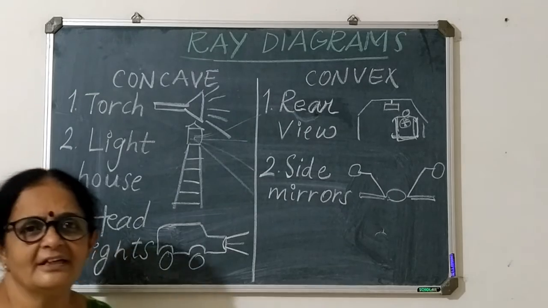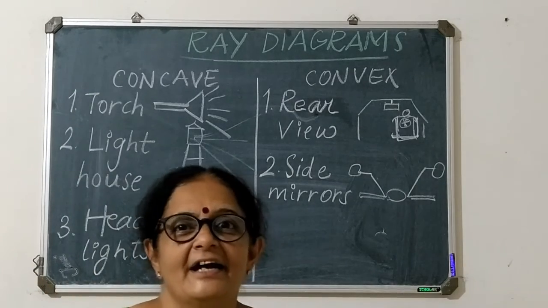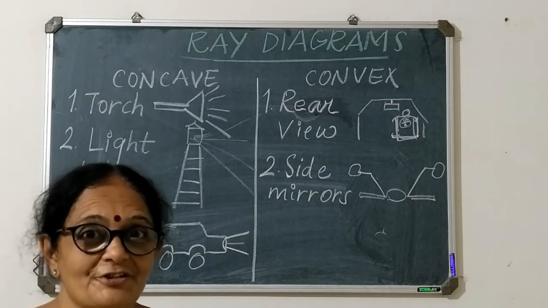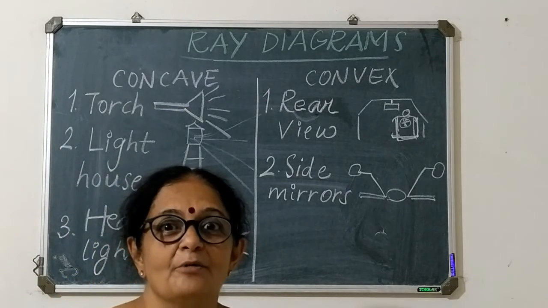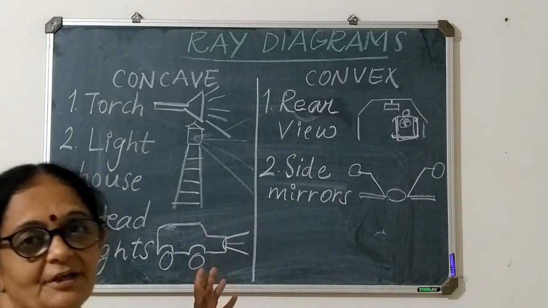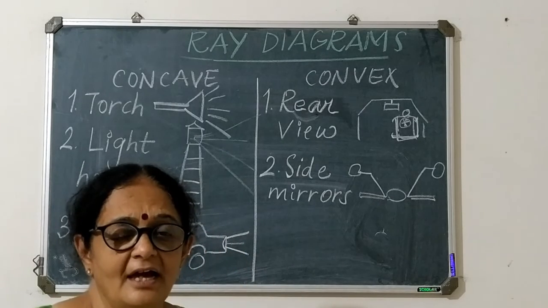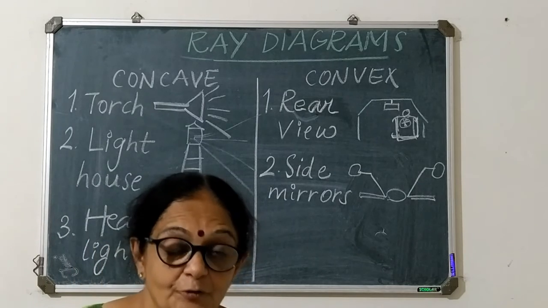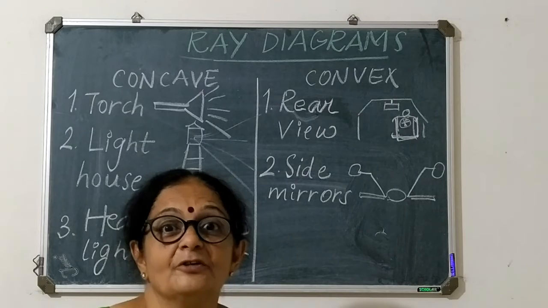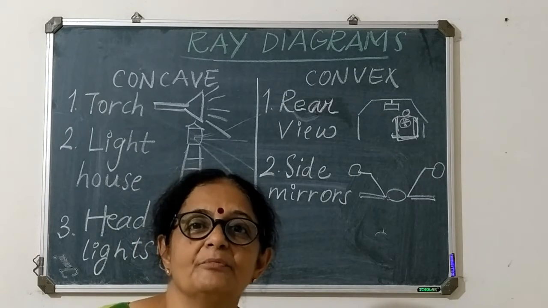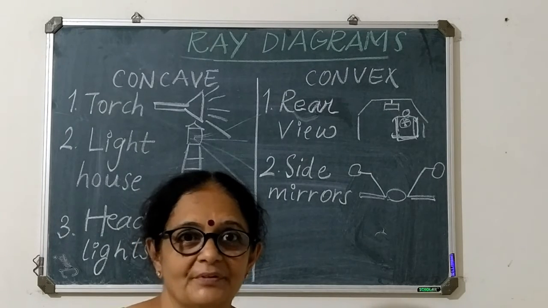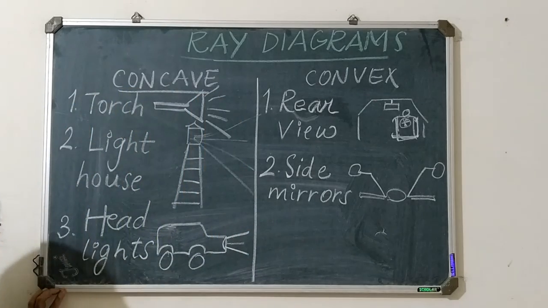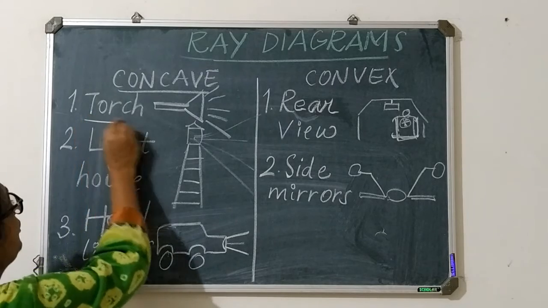Okay, you must be thinking, oh my god, so many ray diagrams, what is the need to study so many ray diagrams? But no children. Why have we done all this? Because the convex mirror and concave mirrors have their own uses in our lives also. So we have to learn about this. So let us see where the concave and convex mirrors are used in our lives. First thing, let us talk about concave mirrors. So concave mirrors are used in torch lights.